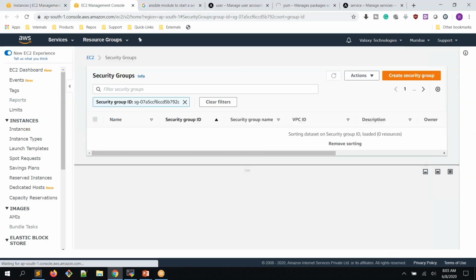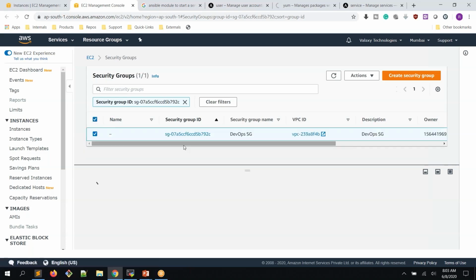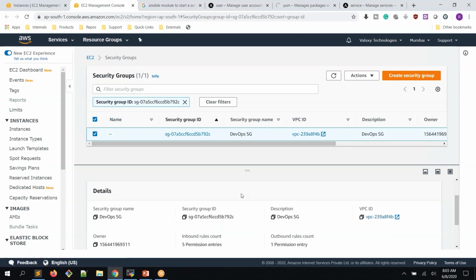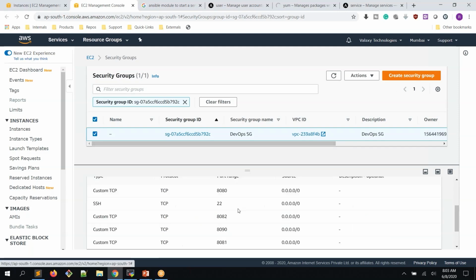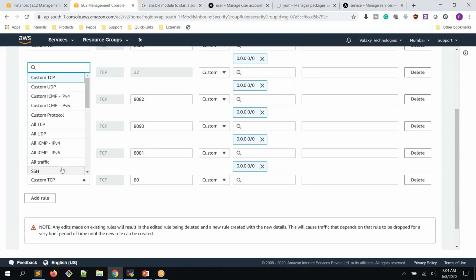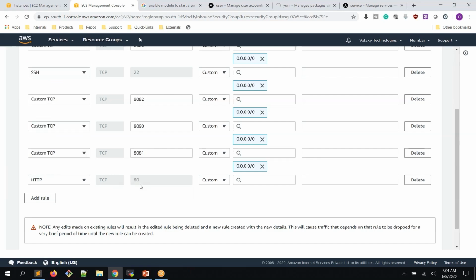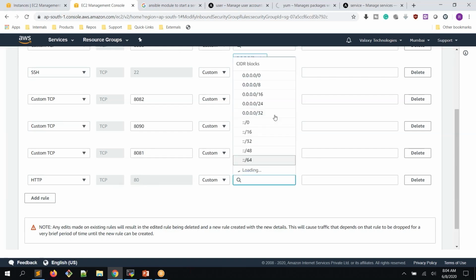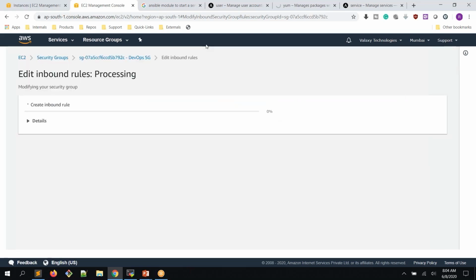DevOps SG, right? This is the one we are using. Inbound, if you see, there is no port number 80 enabled. Let's edit and add a rule. Or else we can just check HTTP over here. You can see if I check HTTP, 80 is the port number, and I would like to access it from anywhere. Save rules, and now you can see it is displaying the default HTTPD page